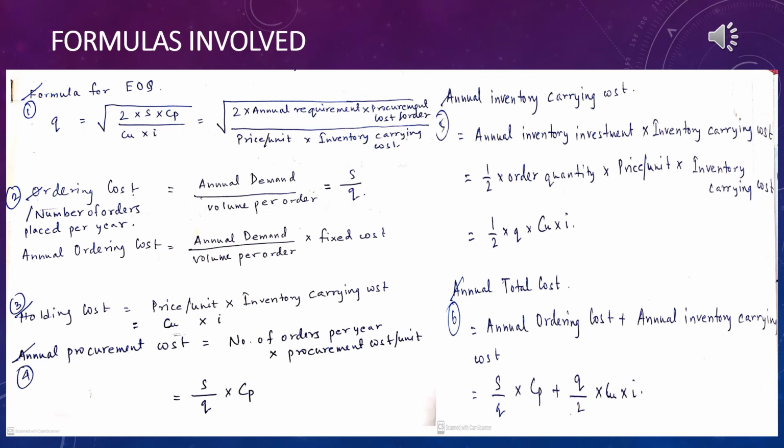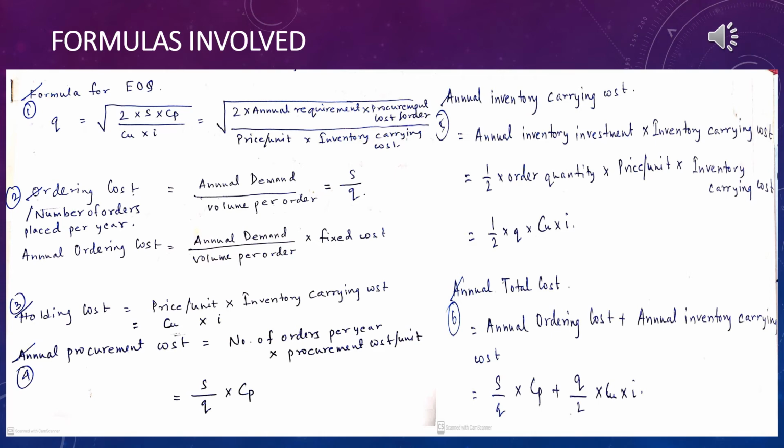So now if we put the values back into the actual formula of EOQ, 40 and 0.16. So now we find 2 into S into CP divided by CU into I, which is practically our holding cost. We can find that to be 2 into 9600 into 40 divided by 0.16. Calculating that particular part and taking the root of it, we can find the value of the economic ordering quantity to be at